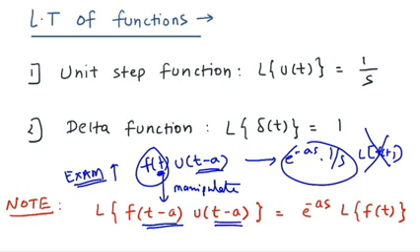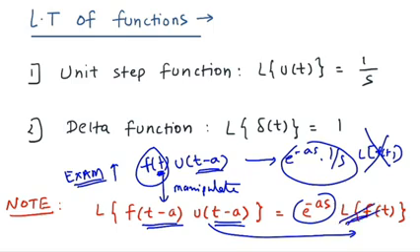Now you can see both the brackets are the same. Once both the brackets are the same, you can use the Heaviside shifting property and say I will fix the bracket. So e raised to minus as, now all the positions are at origin, so Laplace of f of t would be my next step, and once I get Laplace of f of t, I will just multiply that with e raised to minus as and I will get the final answer.